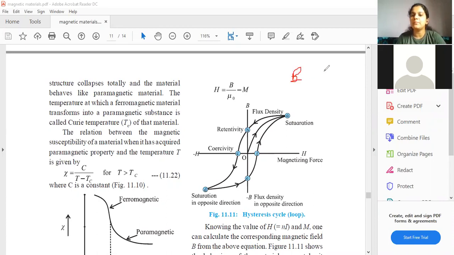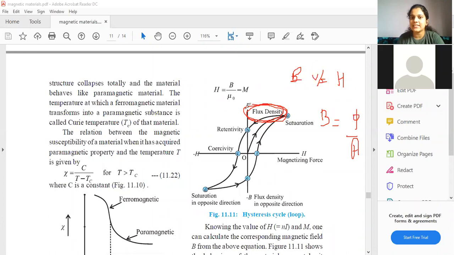Firstly, this graph is B versus H. What is B, students? Capital B is nothing but your magnetic field. Capital H is nothing but your magnetic intensity. Students, this basic formula was there in your 11th standard, and I have repeated it now as well. Your B is magnetic flux, that is the phi sign. Please understand what I'm writing. It is magnetic flux per area. Yes or no? Your B is magnetic flux per area. This is the formula for B. So your B, magnetic field, is also called flux density.